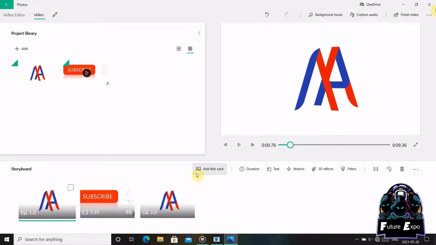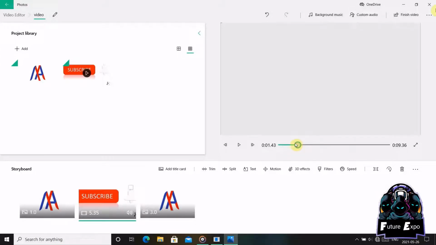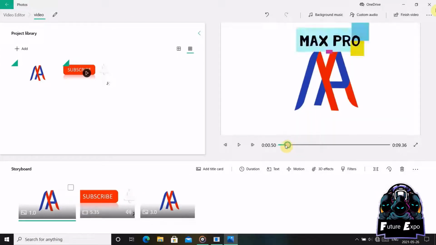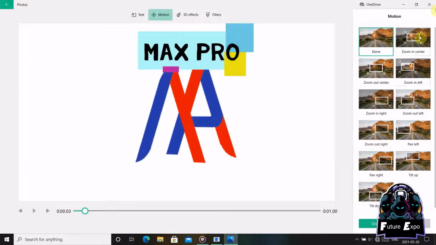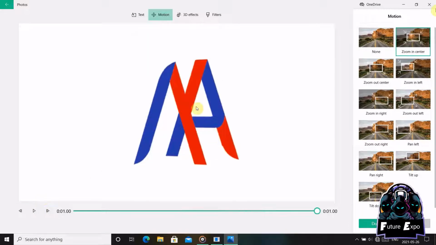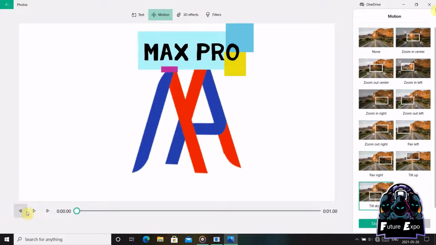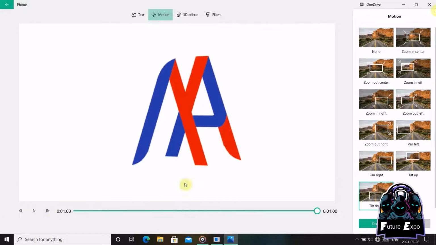Then when you play it will be like this, and you can go to the motion in here also. It's getting big like that. I'm using zoom out center,